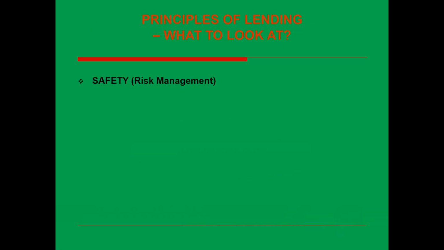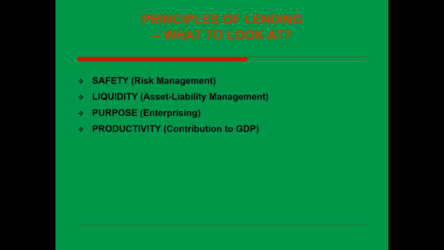So, principles of lending, what to look at: safety, risk management; liquidity, asset liability management; purpose, enterprising, for what business this entity has been formed, for what purposes this entity wants a loan from us; productivity, how is it contributing to the GDP of our country, what is the production level, what is the future production level aimed for; security, cushions for fallback, so we take collateral security, guarantees, and depending on the